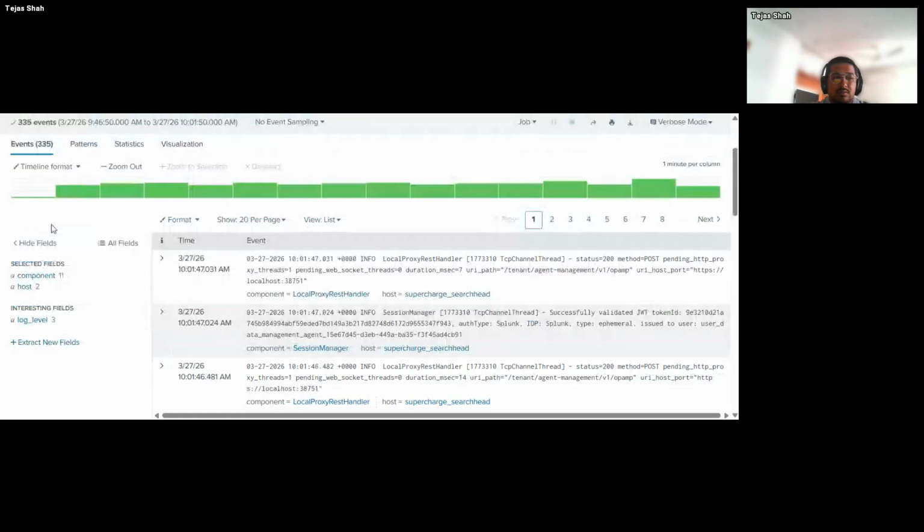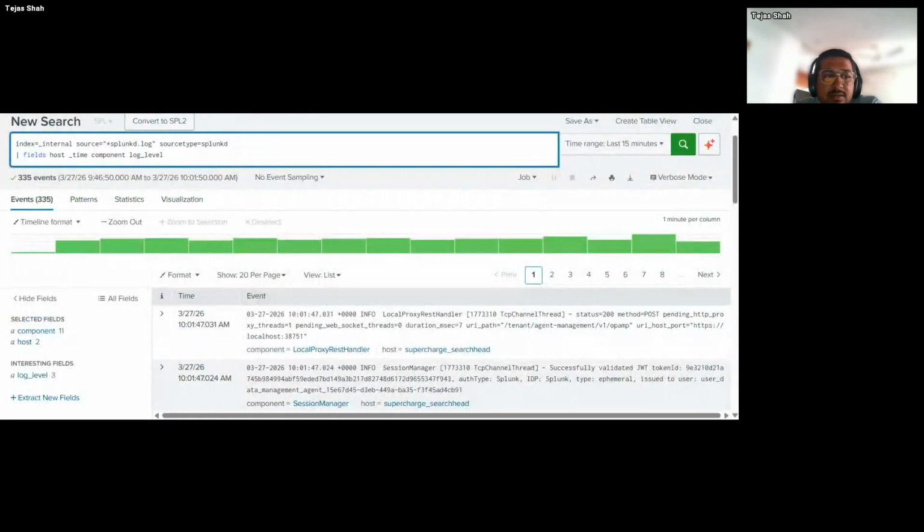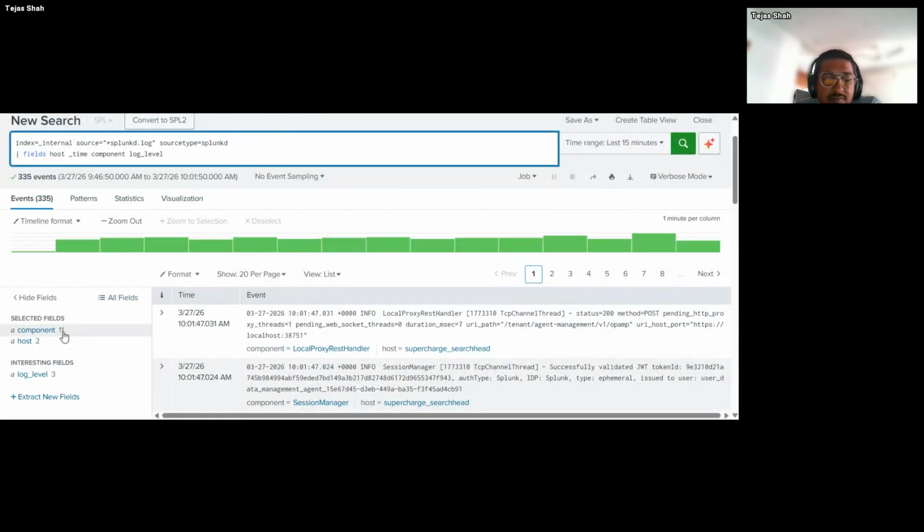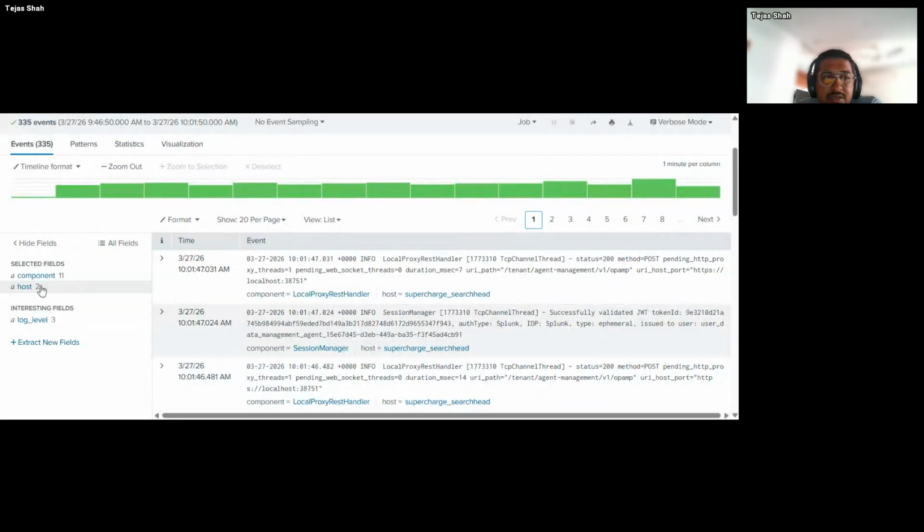So when I define the fields, my whole field bar would be restricted with the fields that